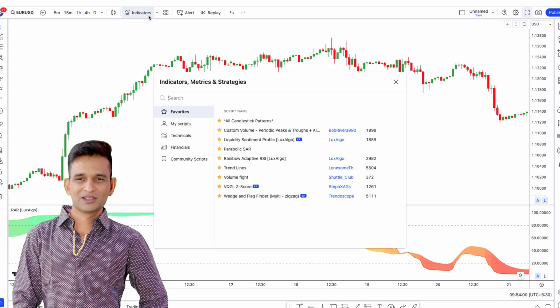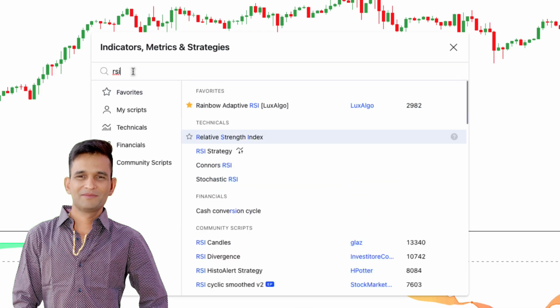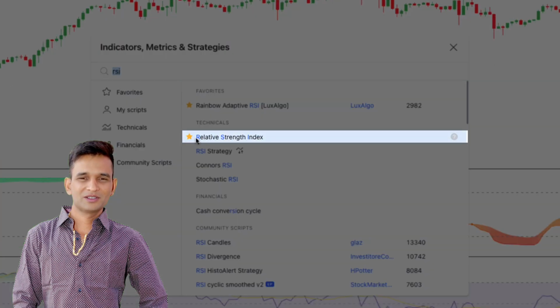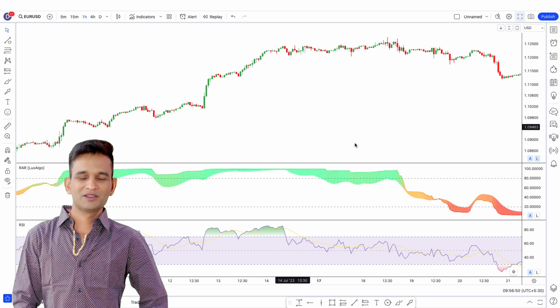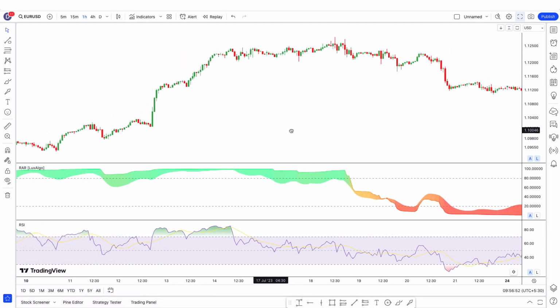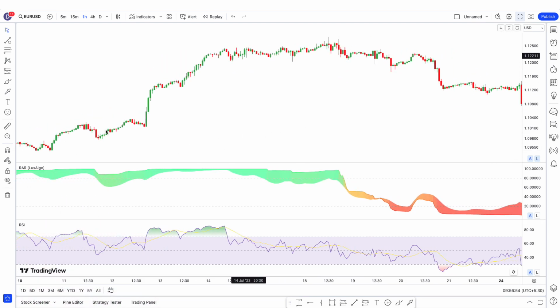Let me add the original RSI to our chart. This one, relative strength index, to illustrate how they differ from each other. With the original RSI, you know that it's very sensitive to retracements or pullbacks in the market. And unfortunately, it generates many false signals, whether it's crossing below 80 or crossing below its moving average line or even crossing below 50. But as you can see, these are all false signals and the trend is continuing its